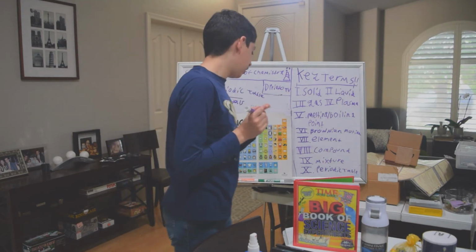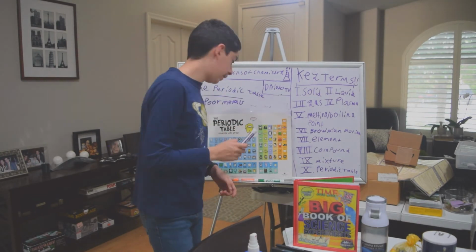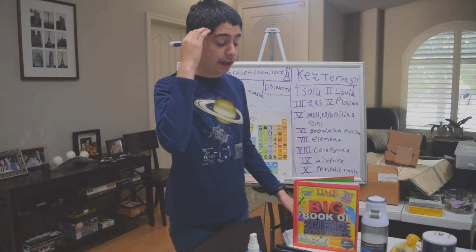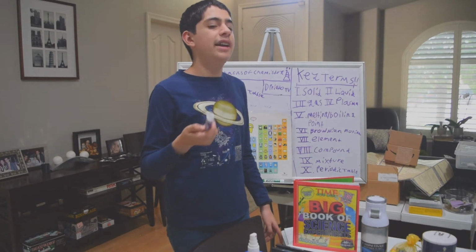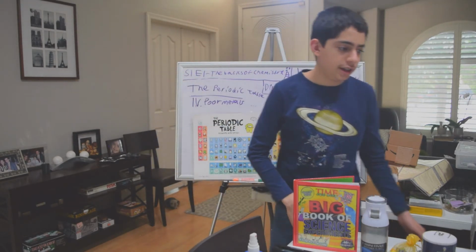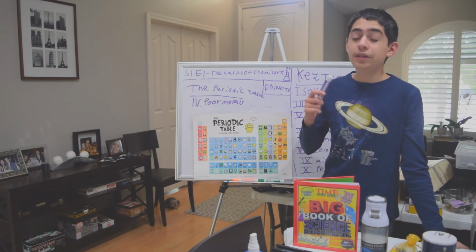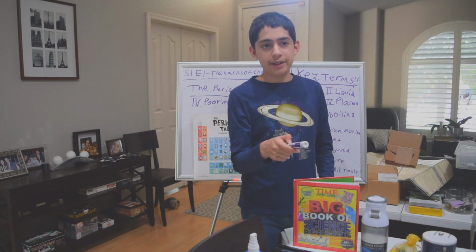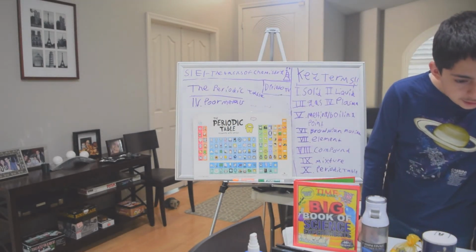Some poor metals that you know: lead. What's another one? Tin. Tin and lead. Tin is used in tin cans. Lead. Gallium. Gallium has a melting point of around 85 degrees Fahrenheit. Its freezing point is 85 degrees Fahrenheit, but if it's hotter and you bring it down to 85, it'll melt. So basically, these guys